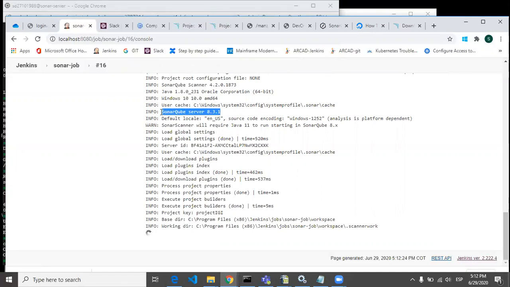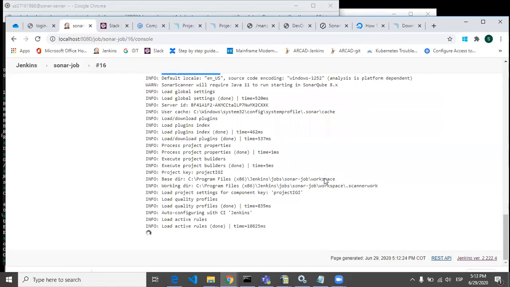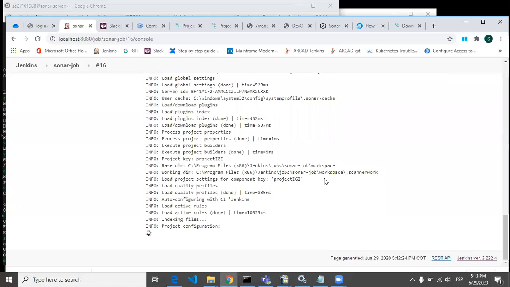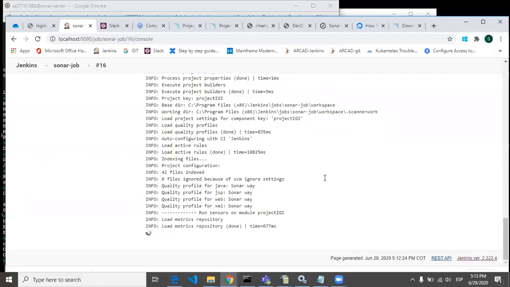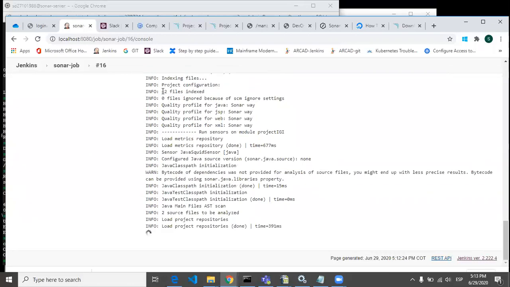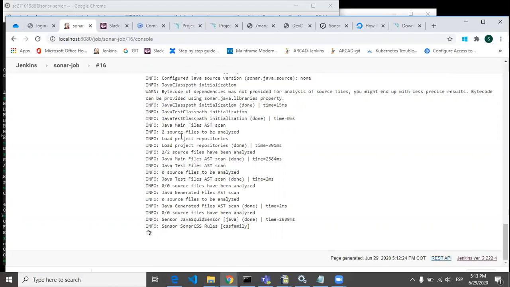Then you can see the SonarQube server 8.3.1, and now it is going to start your scanning process, the code quality analysis process. You can see 42 files indexed, so it is analyzing all your source code. Two source files have been analyzed.